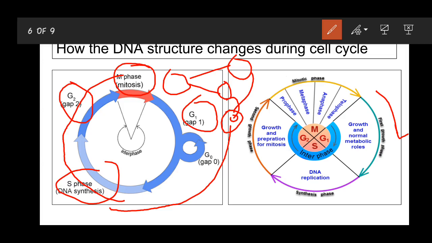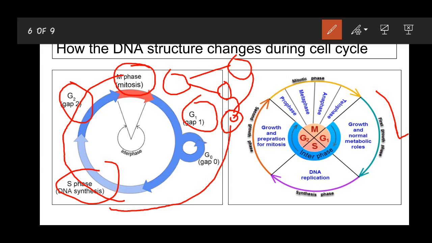So the maximum of all the proteins required for the two daughter cells, the enzymes, the structural proteins, the membrane proteins, whatever protein is needed for both the cells will be synthesized. And it also requires proteins for the next event, that means S phase, because in each phase proteins are required as enzymes, etc. So those proteins which are required for S phase and for G2 phase will be synthesized, because in M phase you might have studied the